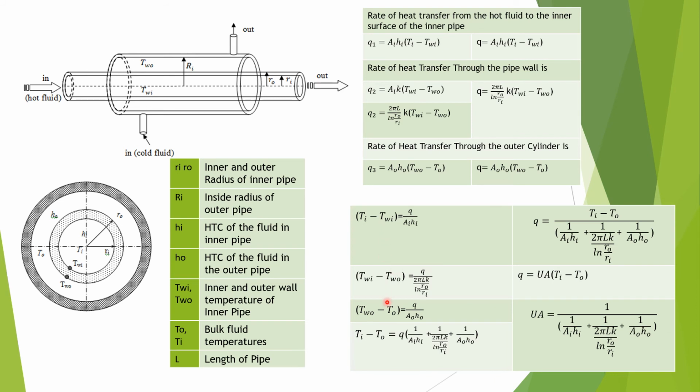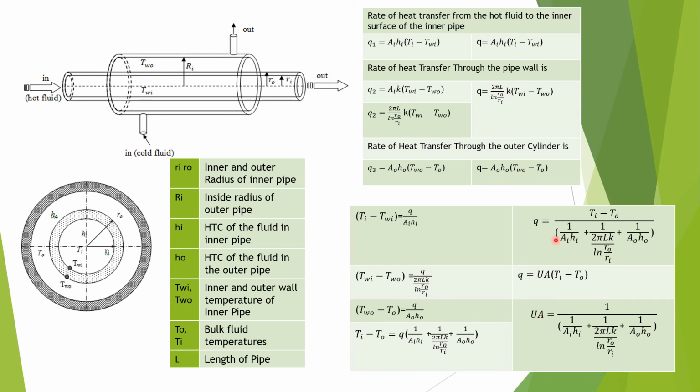सो हमें ये इक्वेशन मिले हैं. ये स्टेप आने के बाद हमने समेशन किए हैं, these 1, 2 and 3 equations की हमने समेशन की है. सो हमें ये इक्वेशन मिला है और ये इक्वेशन आने के बाद हमने इसे फिर से रीअरेंज किया है in terms of Q, that is in terms of overall heat transfer coefficient, and in terms of Q arrange करने के बाद हमें